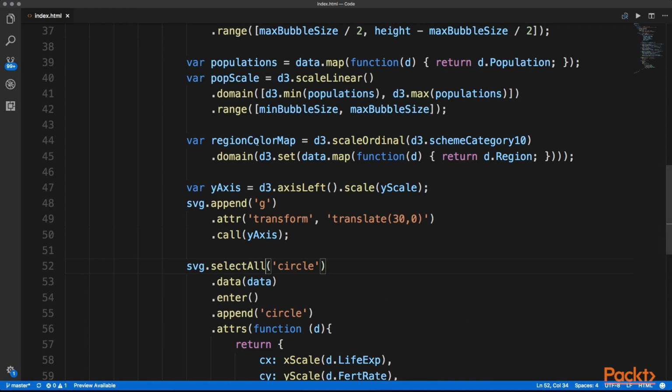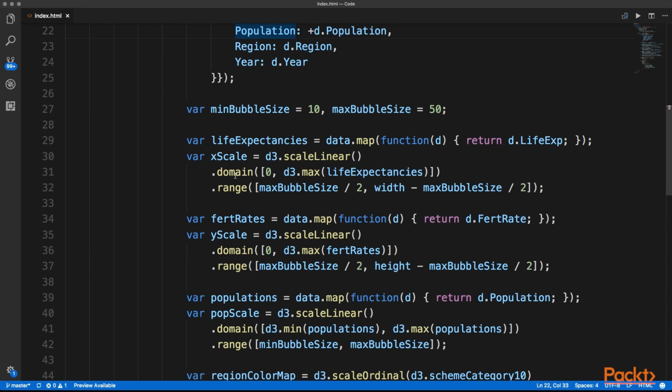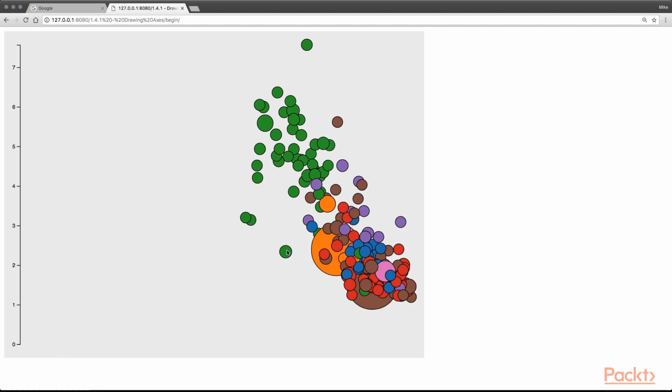Fortunately, this is a really easy fix to make, and all it requires is swapping the values on the domain for our Y scale. So instead of 0 to the max of the fertility rates, we'll do the max of the fertility rates to 0. Now let's head back into the browser. You can see the labels on our axis are now inverted, and also the data inverted, which is very interesting because we changed the axis, which had an effect on both the positioning of the bubbles and the axis that's